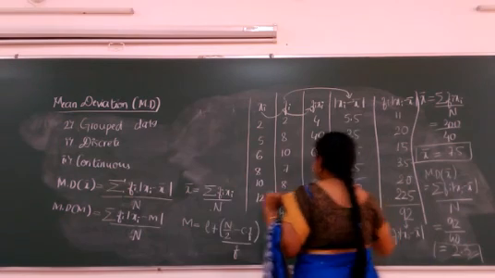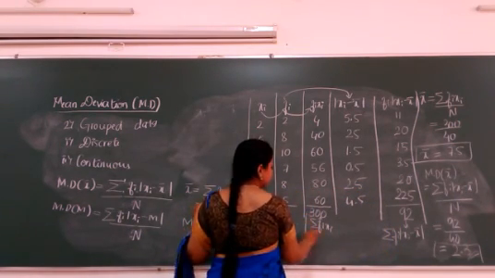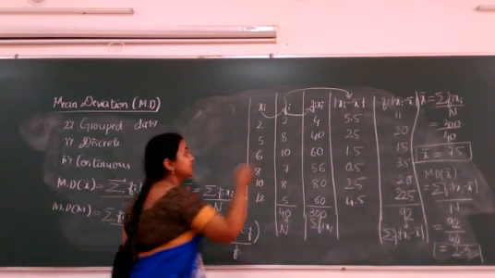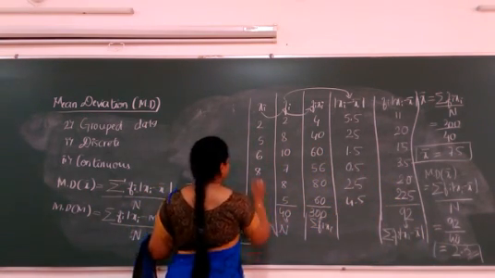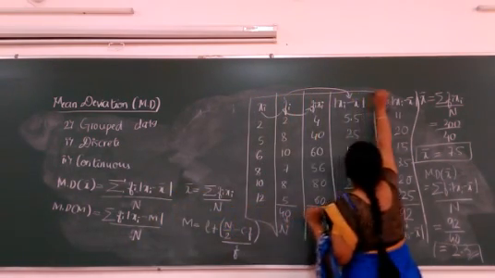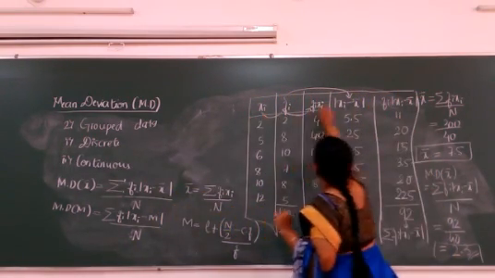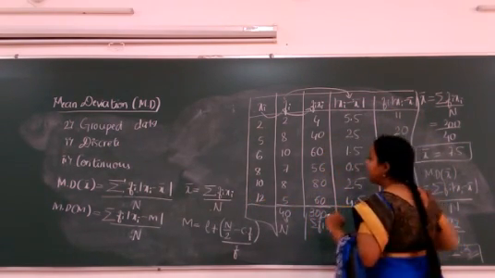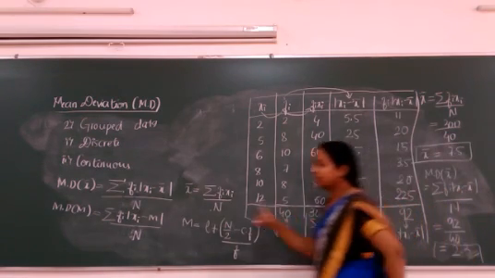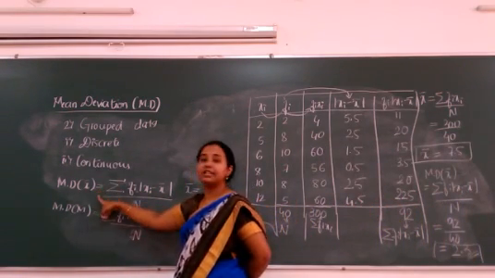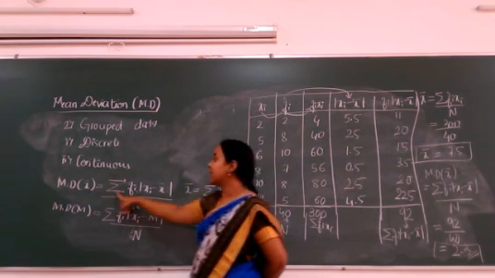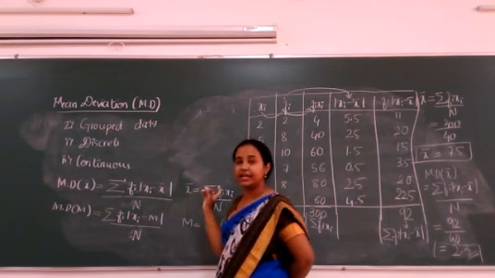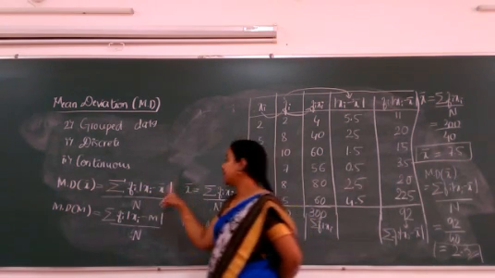You might be thinking, ma'am, now you are teaching us, so we are getting it very easily. How do we get to know what our next column is? It all depends upon the formula. If you remember the formula, it is very easy to write the columns. You will automatically be able to write them. Because you see, this is our formula. To calculate mean deviation about mean, I should know this sum. That is, I want the summation of this complete term. To find the summation, Fi is directly given, xi is also directly given, but x bar is not there.